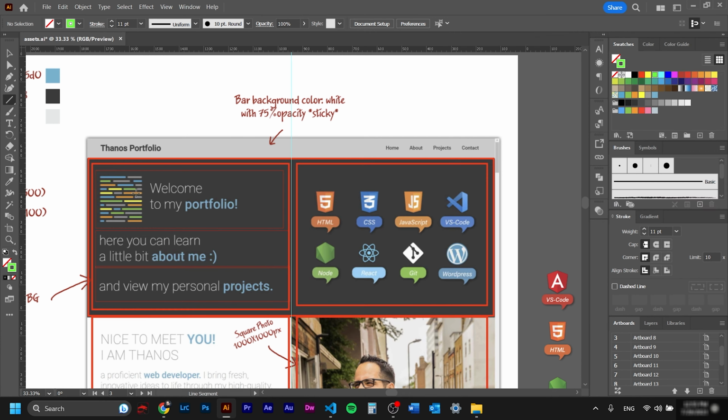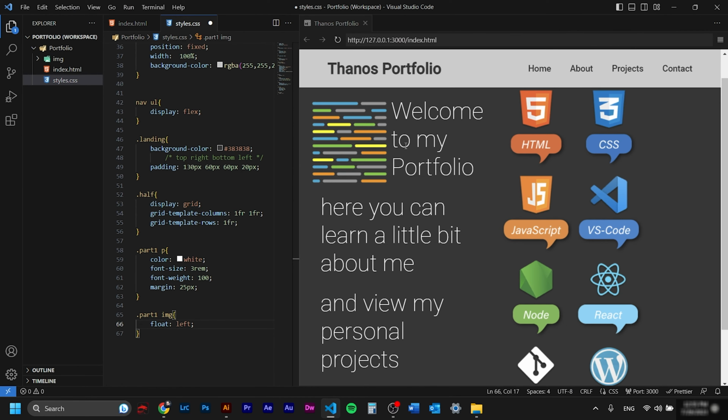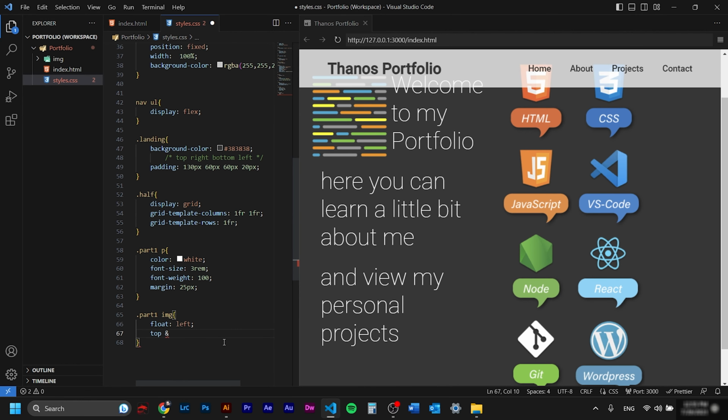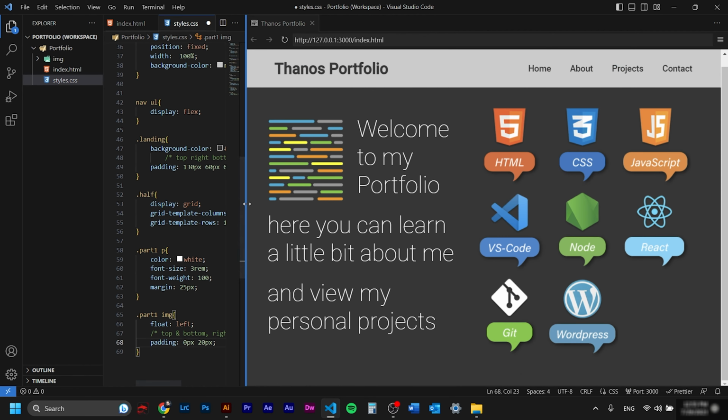Here we see that the logo is pushing the text to the right a little bit, but on my preview they are nearly touching. Let's fix that. I want you to write another comment now: top and bottom, comma, right and left. Let's grab the whole line, Ctrl K, Ctrl C, and we're going to use some padding, 0 pixels and 20 pixels. Way better. Let's open the page on the browser to have a better look.